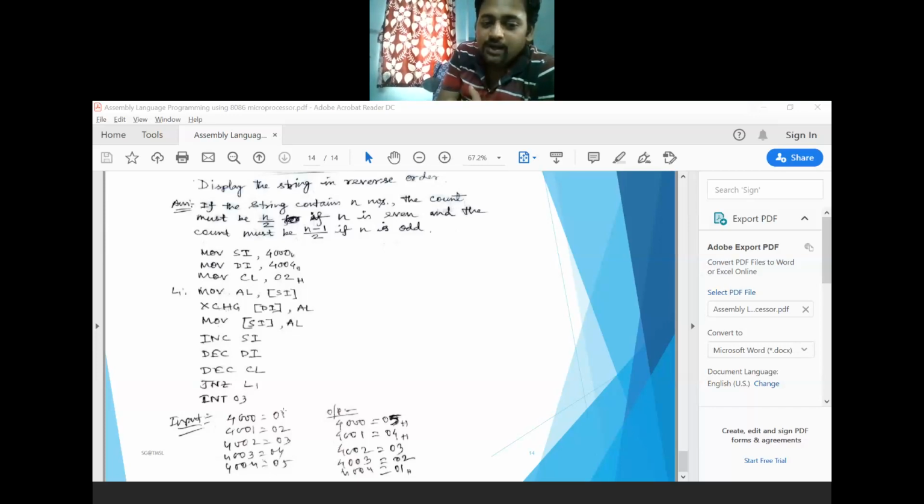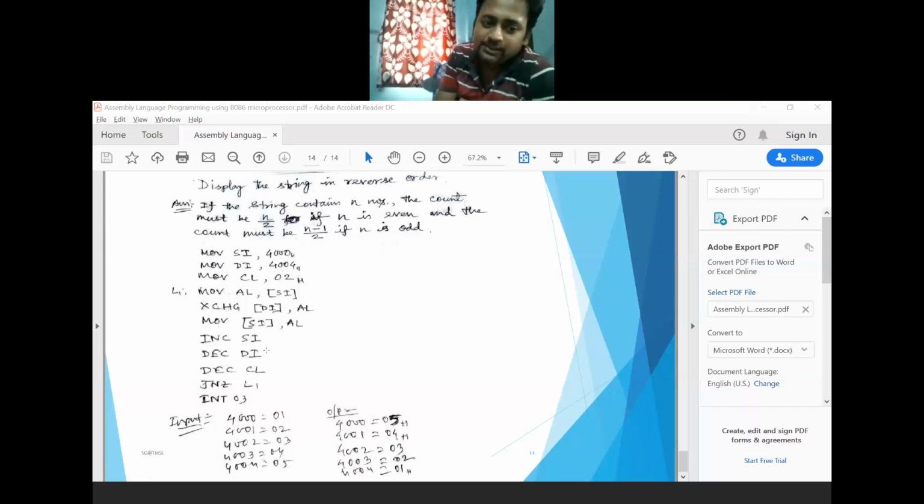Why? Because it will be exchanged in this way: 5, 4, 3, 2, 1. So 4 and 2 will be exchanged. That's why I need to increment SI to get the second data, but load the content into the other position by decrementing. So that's why INC SI and DEC DI.